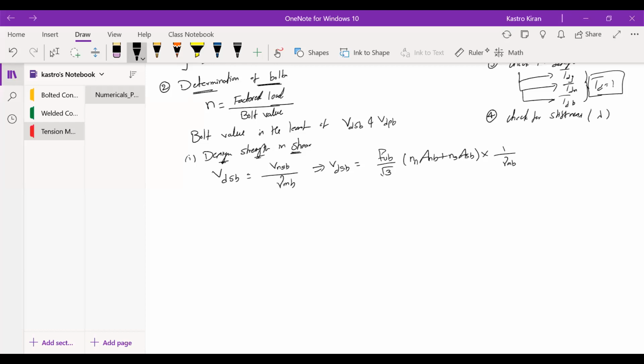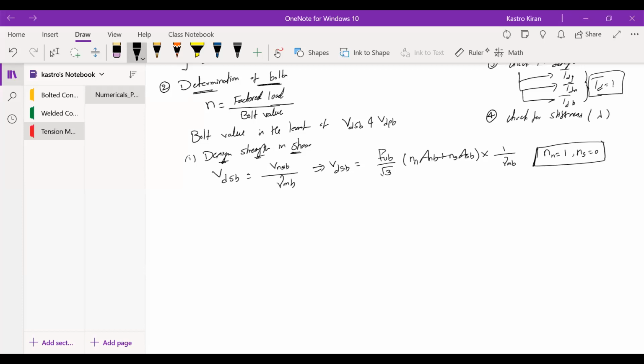Now here, we are not providing any kind of butt joints, and also we are not going to provide any kind of zigzag bolting. We are going to provide only the chain type of bolting. Therefore, the value of NN is taken as 1 and the value of NS is taken as 0. Remember, in tension members you are not going to provide any zigzag bolting or butt joint. It's a lap joint with chain type of bolting, so NN is taken as 1 and NS is taken as 0.